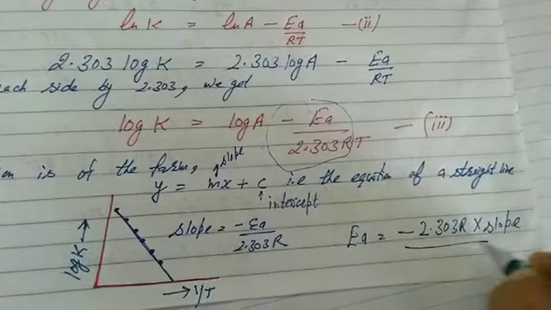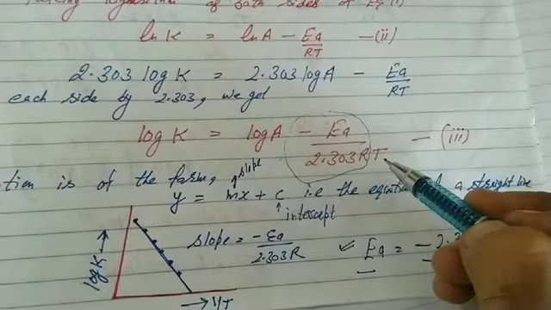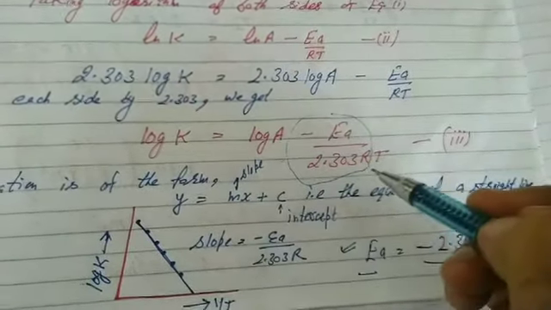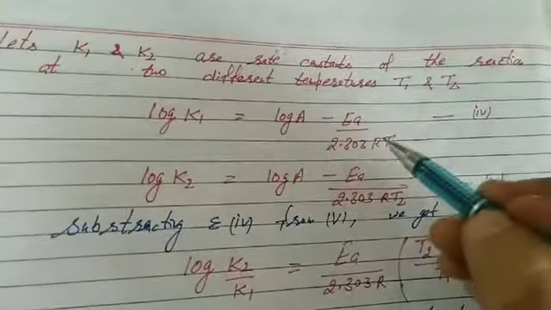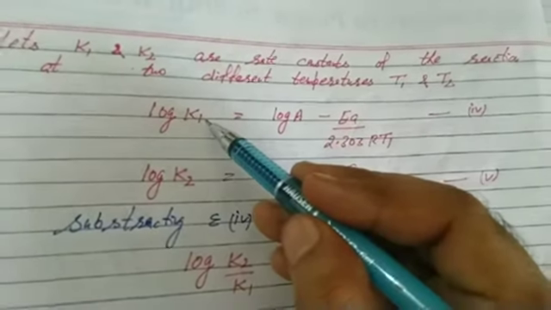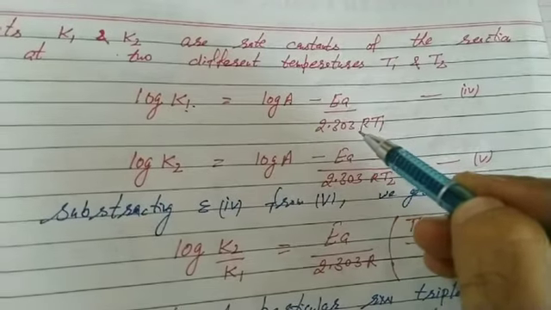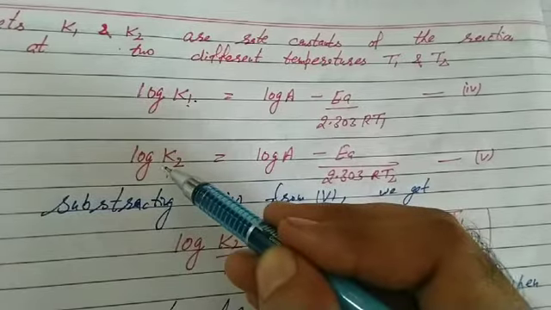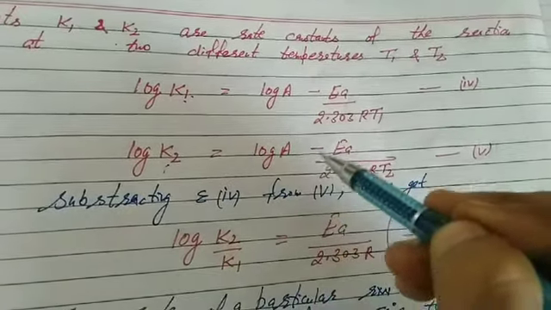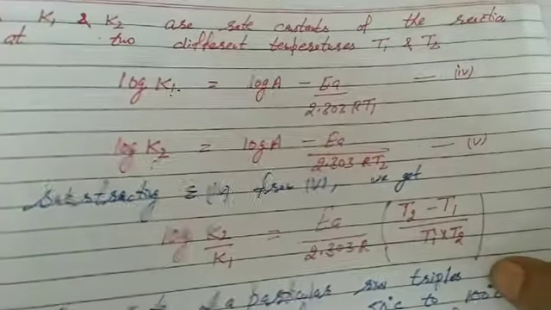And the second way to find activation energy, an alternate way. Suppose the value of the rate constant at temperature T1 is k1 and at temperature T2 is k2. Then this equation 3 becomes, students, at temperature T1 the rate constant is k1, so log k1 is equal to log A minus Ea upon 2.303 RT1. At temperature T2 the rate constant is k2, so log k2 is equal to log A minus Ea upon 2.303 RT2. That's the alternate way to find activation energy.